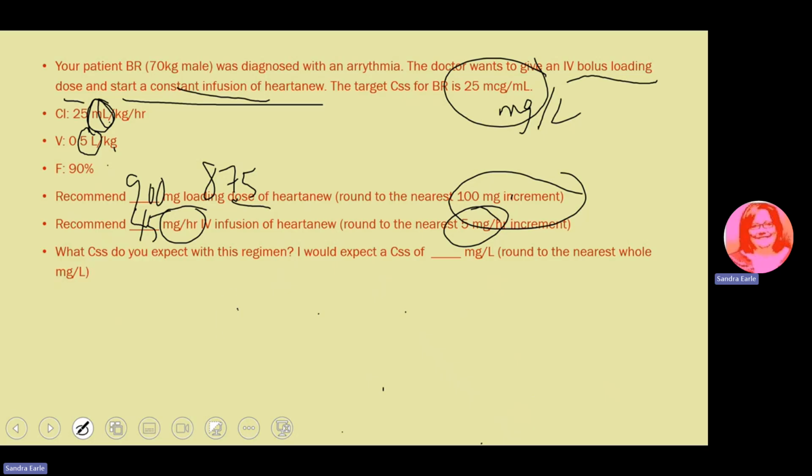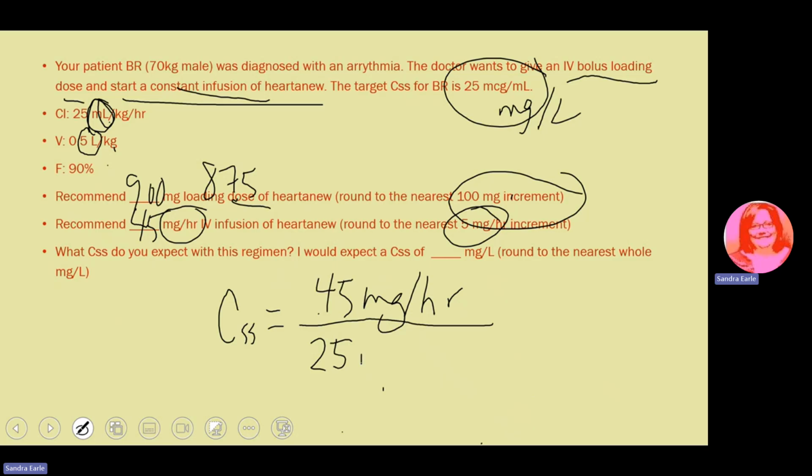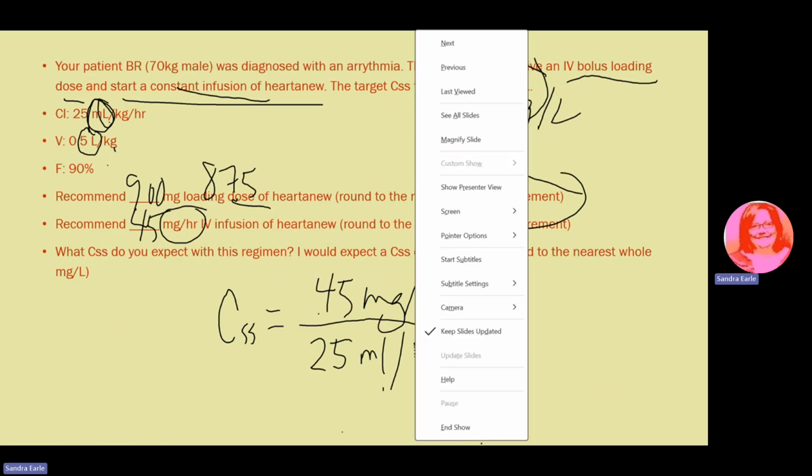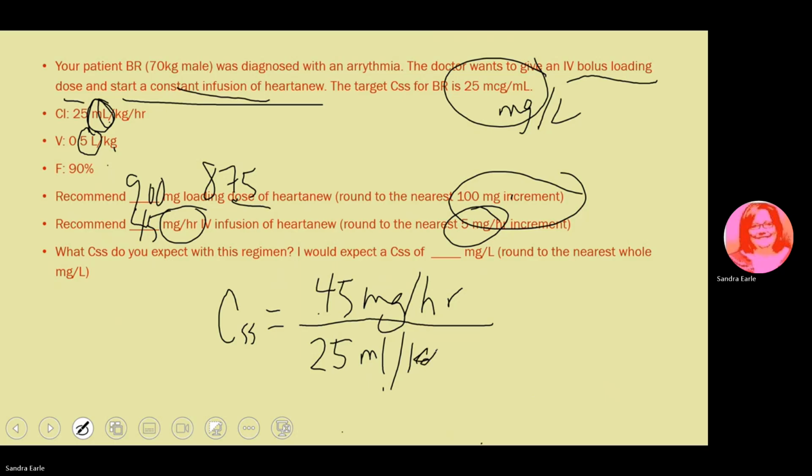Okay, so our CSS is going to be equal to our dose rate, which is 45 milligrams per hour, over our clearance, which is 25 milliliters per kilogram per hour,